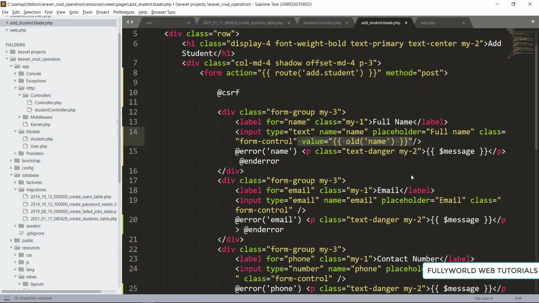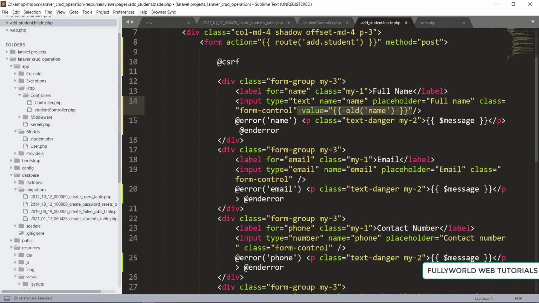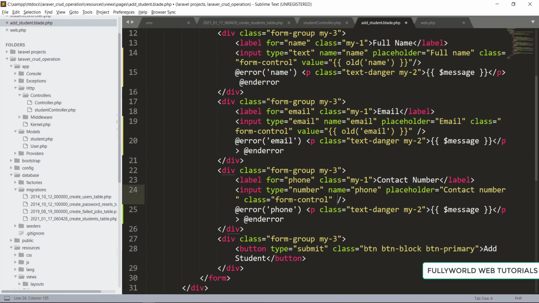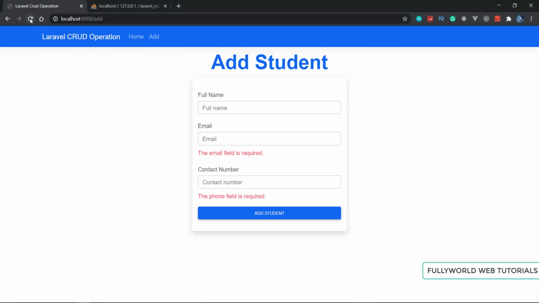So whenever it is going to validate the data, it will keep the old field values that we previously mentioned before the validation. So here old name, and then old email, and after that here will be our old phone. Now let's see the magic.